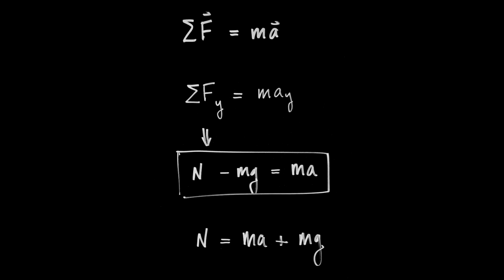The bathroom scale reads the normal force that it must exert on you. It does so mechanically using springs or electrically using a piezoelectric crystal, but it measures the amount of force that it must exert upward on you. The bathroom scale measures the normal force. So I'll take my equation of motion and solve it for the normal force,